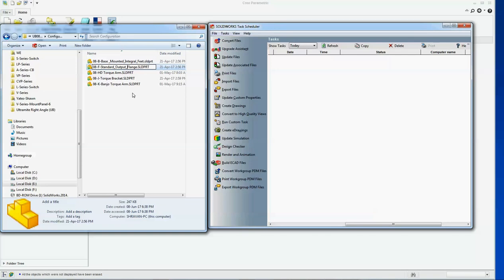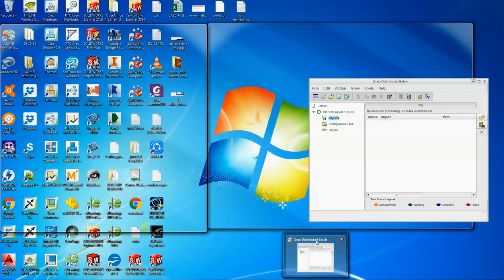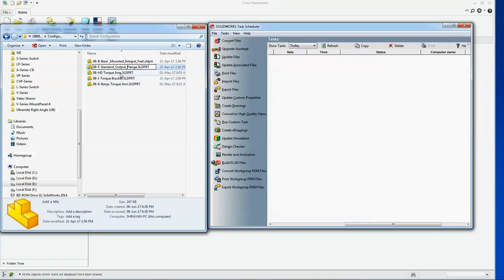because Creo only allows up to some character limit, I think 14 or something. So if we have a very long file name, which is allowed in SolidWorks but in Creo 2 it won't allow, it will automatically shorten your file names. But while doing this conversion by using this SolidWorks Task Scheduler and Creo Distributed Batch 2, we should simplify these file names and keep them shorter, not too lengthy. Otherwise it won't convert back in batch by using these tools.